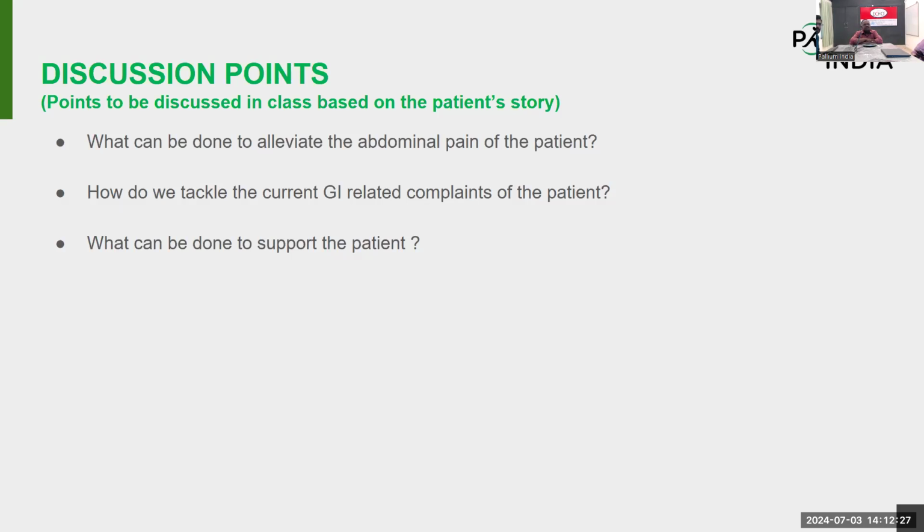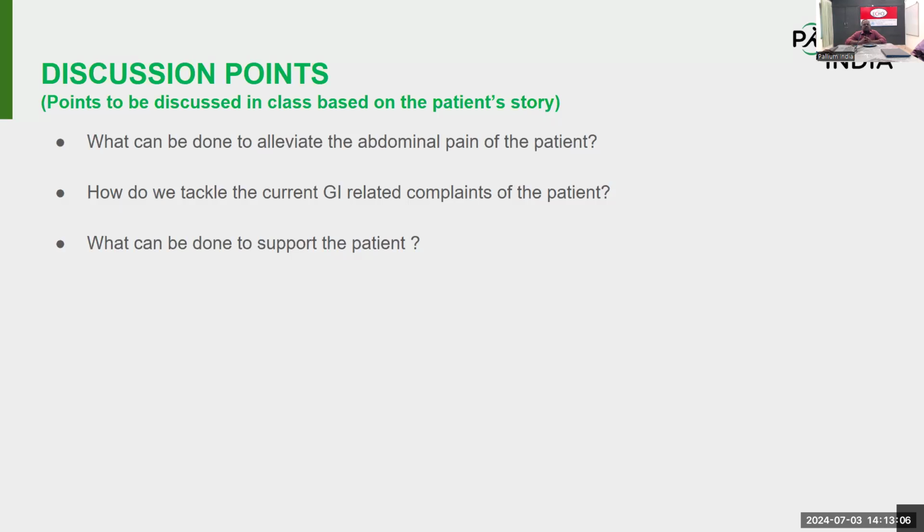So here, Dr. Soumitra, what was this patient having? Is she passing flatus or is she not passing flatus? Yes, she was passing flatus. Okay. So she is passing flatus. That means this patient has incomplete intestinal obstruction. So we have made a clinical diagnosis of intestinal obstruction.